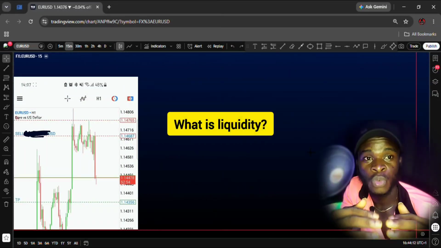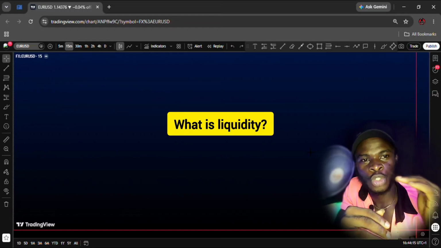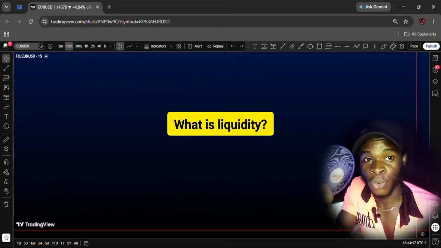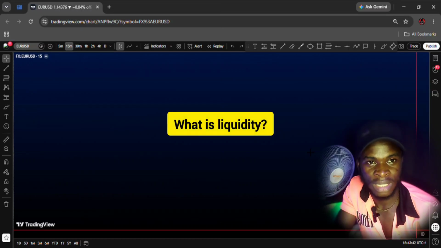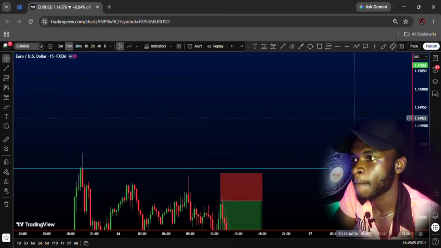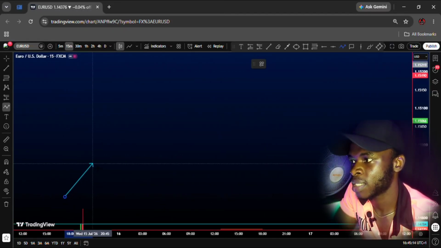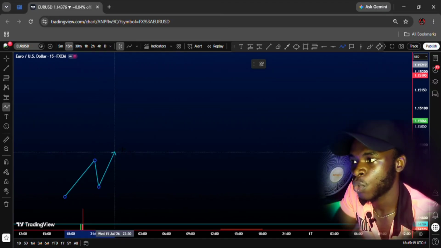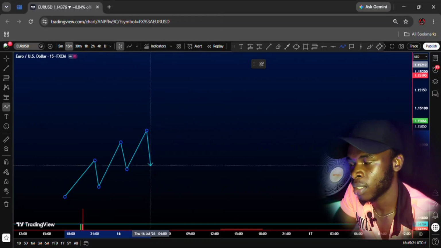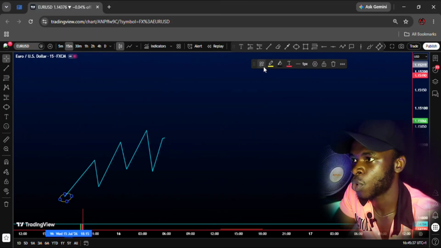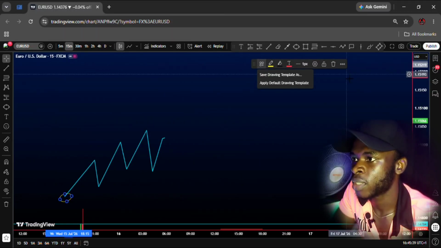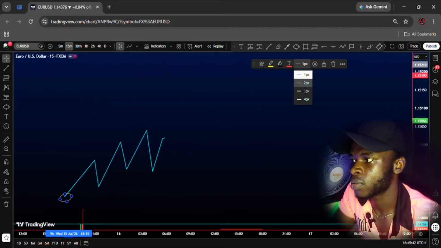Liquidity is simply the extreme or swing highs or lows where money is sitting at. You feel me? It is as simple as that. For example, let's say the market is buying, the market is in an uptrend, the market is creating a higher high, a higher low, higher high, higher low, higher high, and you see something like this. All these levels here, around here, are what we call